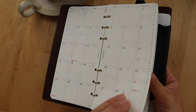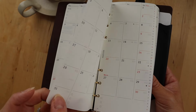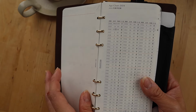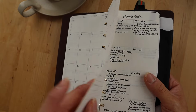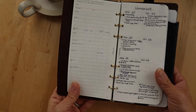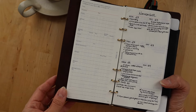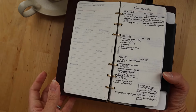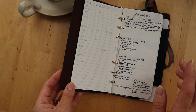I believe the 2024 insert for the monthly also includes, I guess, until March of 2025. So that's been really nice. I am waiting on the weekly refills. Of course, because Plotter just sells out so quickly of their 2025 inserts, I missed out on the narrow size